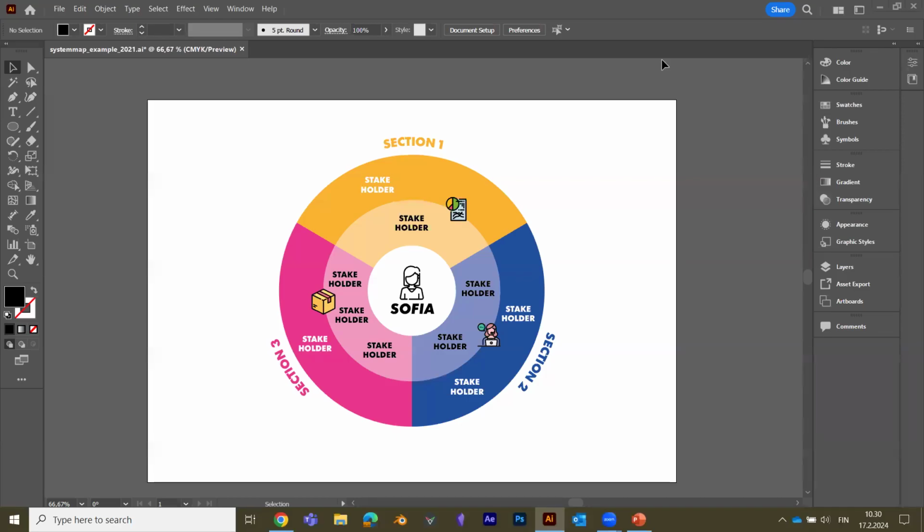So as a last part, we'll see how to export artwork from a different software to be then used maybe in a PowerPoint presentation. So for our example, I'm going to use the system map visualization that we used previously here. I just eliminated the information that was around it, so I might annotate it in a different